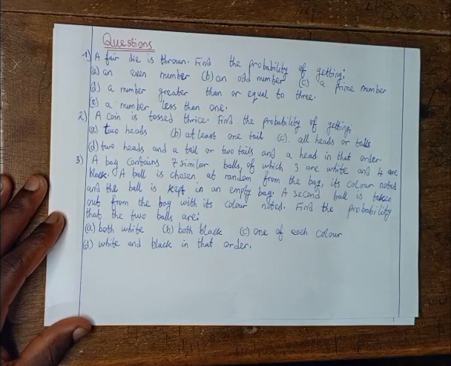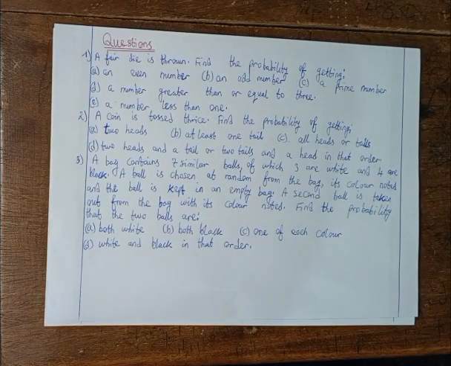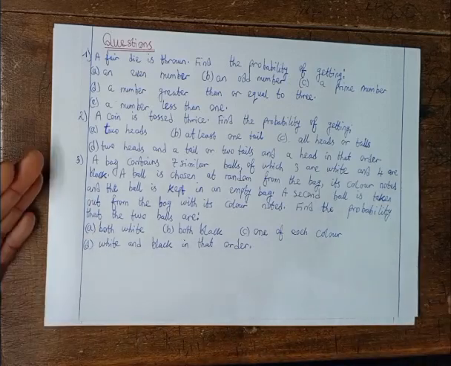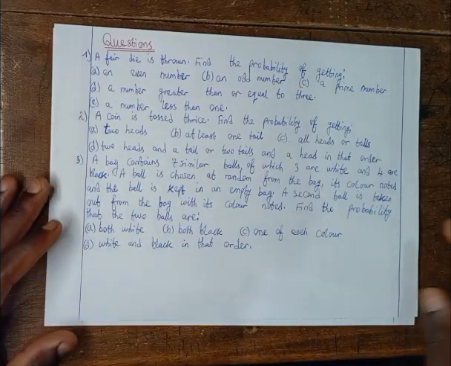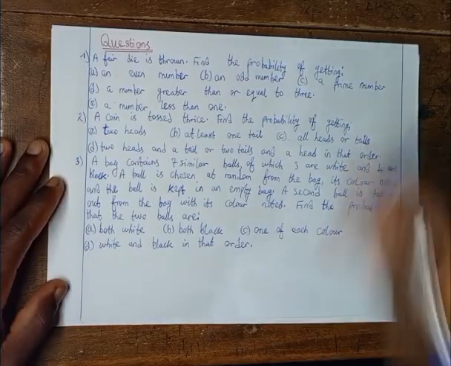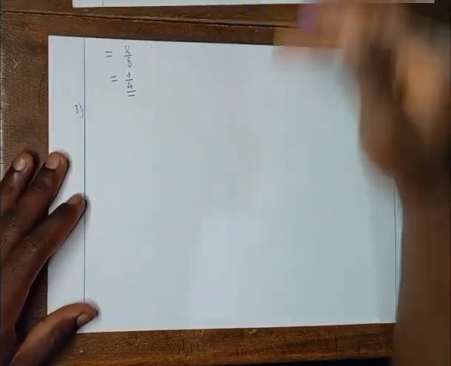For us to answer this question, we are going to make good use of the probability tree diagram. We make use of the probability tree diagram when the probability contains a mixture of independent and mutually exclusive events. When we talk of independent events, that means the occurrence of one event does not affect the occurrence of the other event. And when we talk of mutually exclusive events, that means they are events that cannot occur at the same time. For us to answer this, first thing, we are going to start by letting